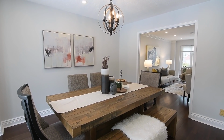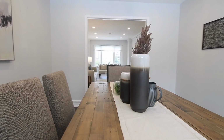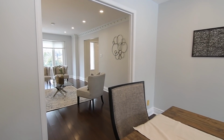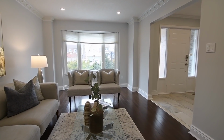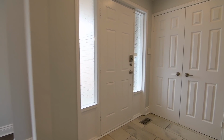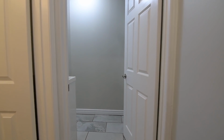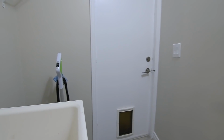The formal dining room has a scrolled metal chandelier that accentuates the classic elegance of the space, and its soft, neutral decor set against crisp white trims is carried throughout this level. Which additionally features a double coat closet in the foyer, a laundry room with access to a double-car garage and a stacked front-load washer and dryer,